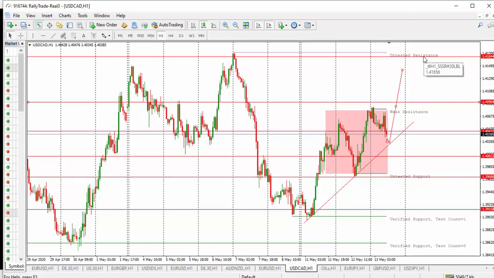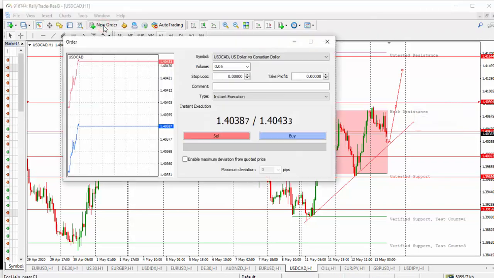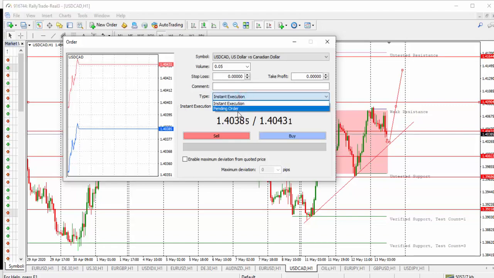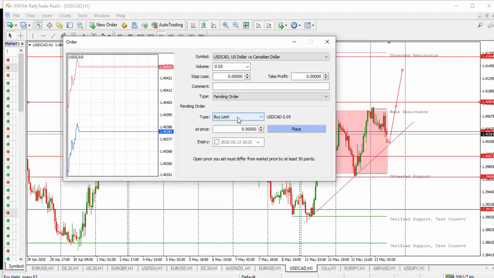So let's quickly do justice to these two marked out points with our take profit accurately placed. So we move to the new order. The price at which we are looking out for the instrument is yet to get to that point, so we would be utilizing our pending order. And because we're expecting a continuation either side, we would be taking advantage of the buy stop as well as the sell stop. So we start with the buy stop at this price level,